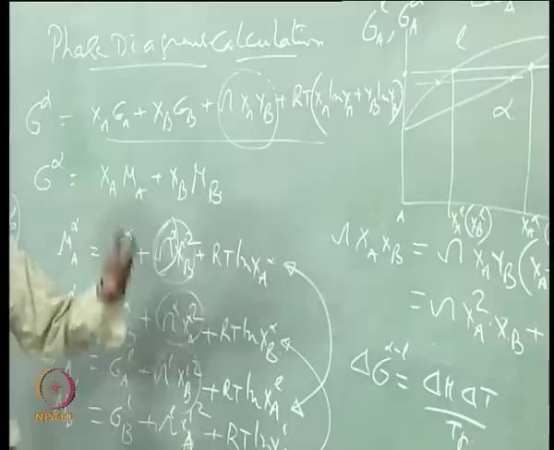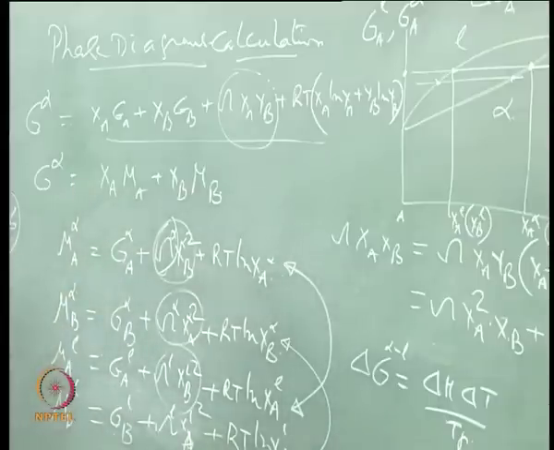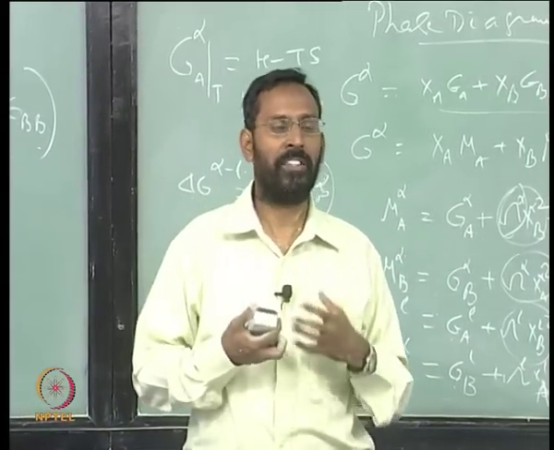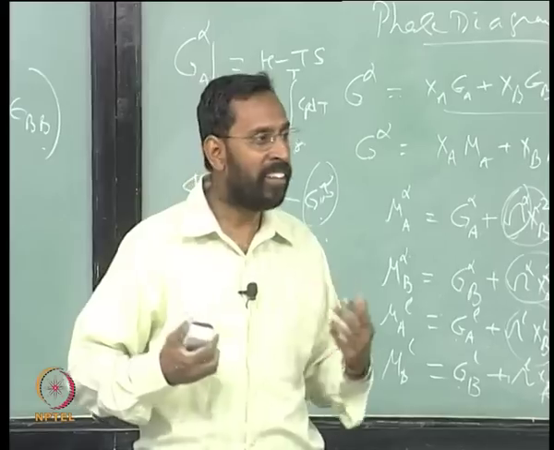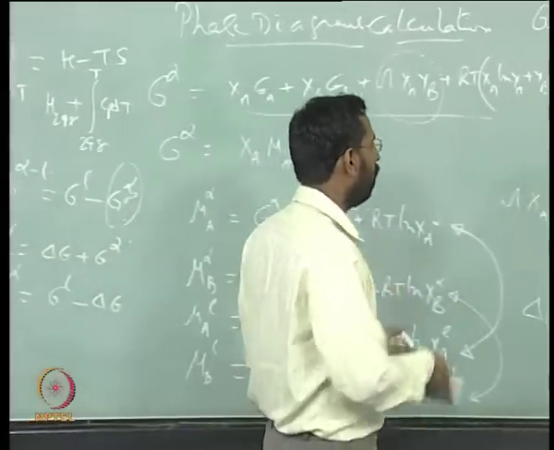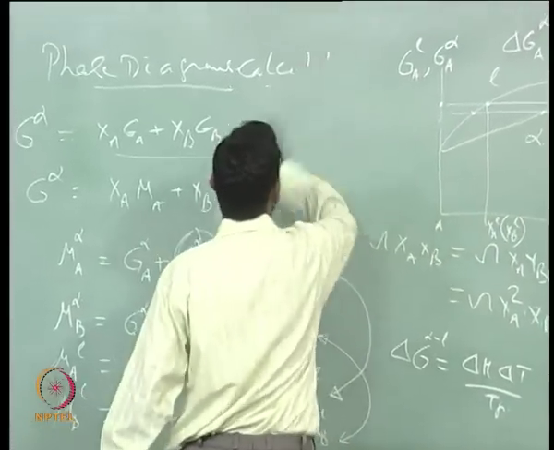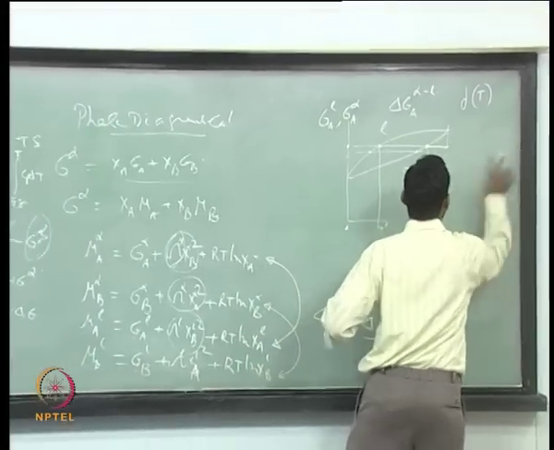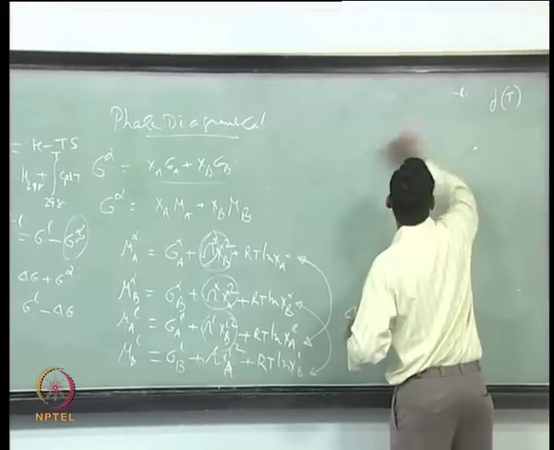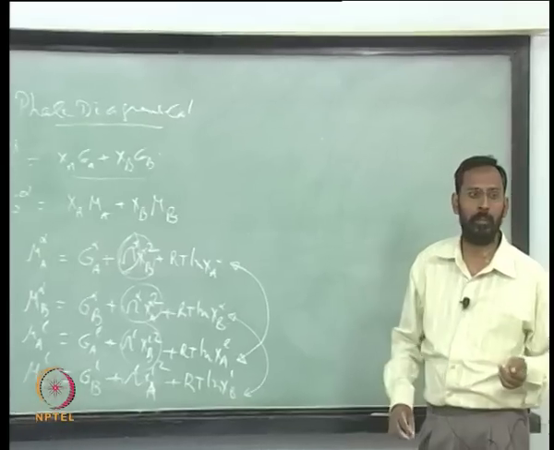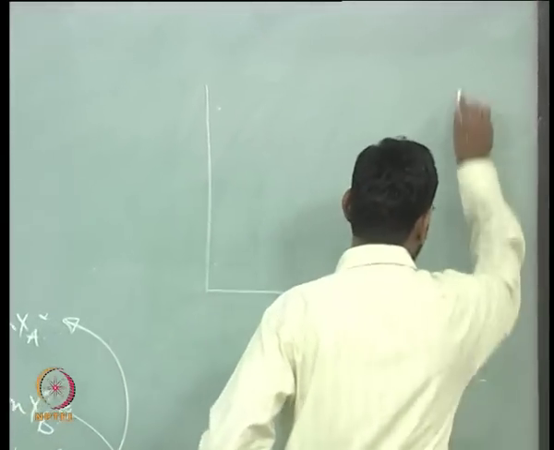There are models available which try to consider the excess entropy that you get when there is an interaction between A and B. For example, what is called short range order. When there is a short range order, how does the entropy change? So there are detailed models available, but for our class I think it is a little too much. So now what we can also do is, after finding out the phase diagrams, you can also find out how the solubility changes with temperature. For example, if you look at